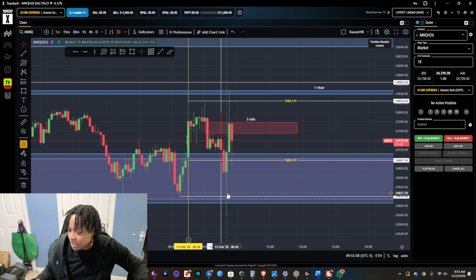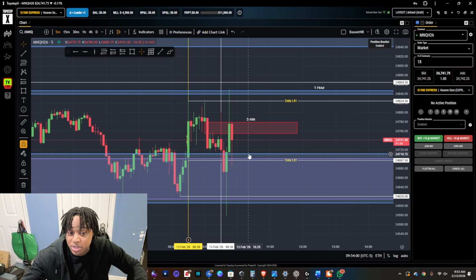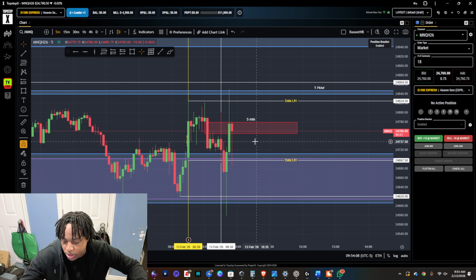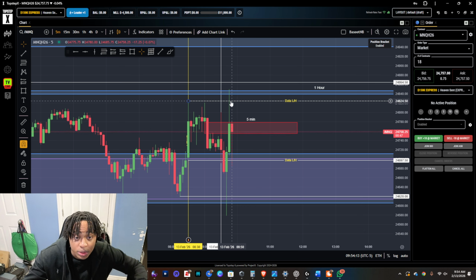And so it has a trifecta because it also has the 1 hour. But at the end of the day, when you're taking a trade, you cannot decide what has more liquidity than the other. It's not really your choice. But as you can see, we swept on the top side.